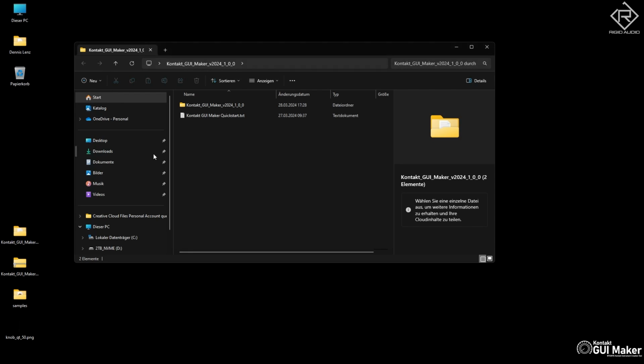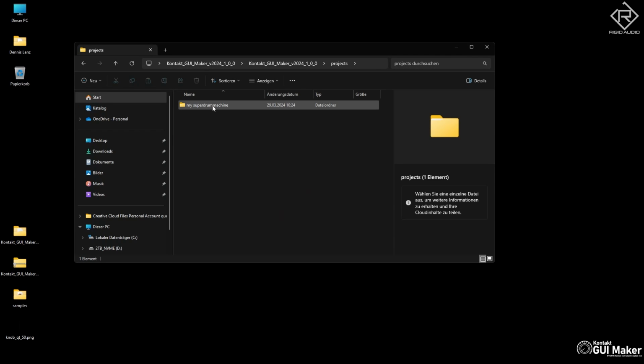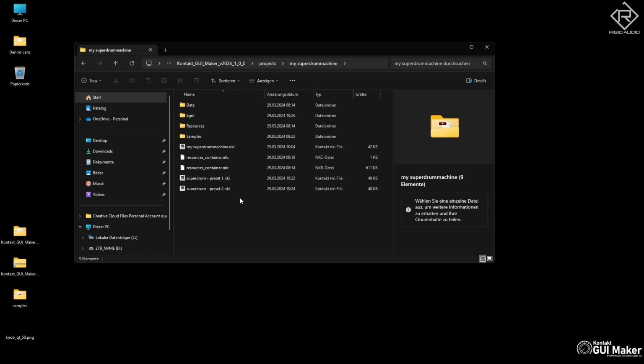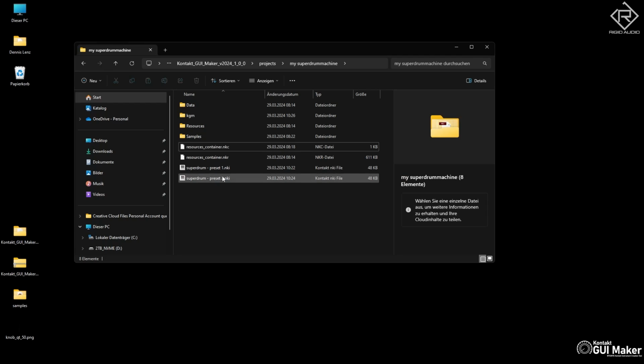So let's open up the folder with our projects. And here we have the Super Drum Machine. That is basically what you are going to release or distribute and send to your customers. For now, we can get rid of this one because we won't need it. We have Super Drum with 2 presets. And what you should do now is